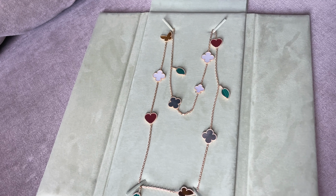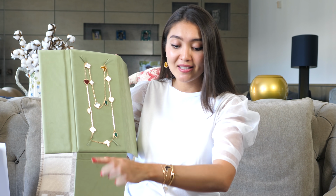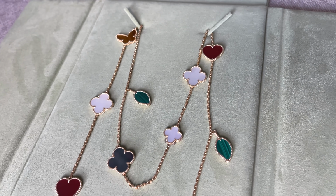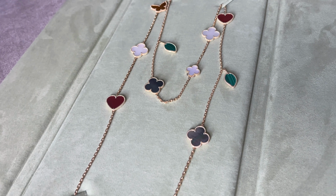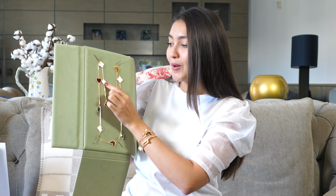So it has two carnelian in the shape of two hearts. The hearts are massive, actually. They're even bigger than on the bracelet, so they're super huge. Then it has 5 mother of pearls, so the 2 in gray color and then 3 in white, with tiny little ones of them, because this is actually an invisible lock, and I'm going to show you how it works